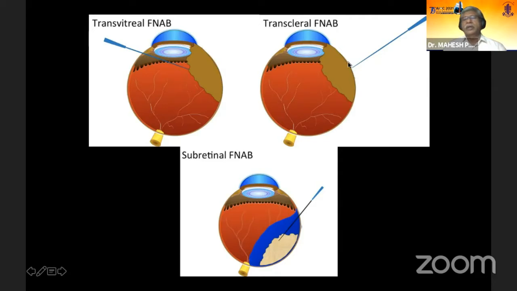Transcleral also it can be done. The problem is transcleral, as you can see, goes posterior to the ora serrata. So there is a possibility that it is covered under the conjunctiva and we are not able to see if, in case the tumor decides to grow out of the perforation site, we will not be able to make it out easily. And the additional problem is if we penetrate too deeply, we may be going through the retina and creating a break here. Of course, we do create a break here as well, but here the most what we want to avoid is an extraocular growth, which will not be obvious.